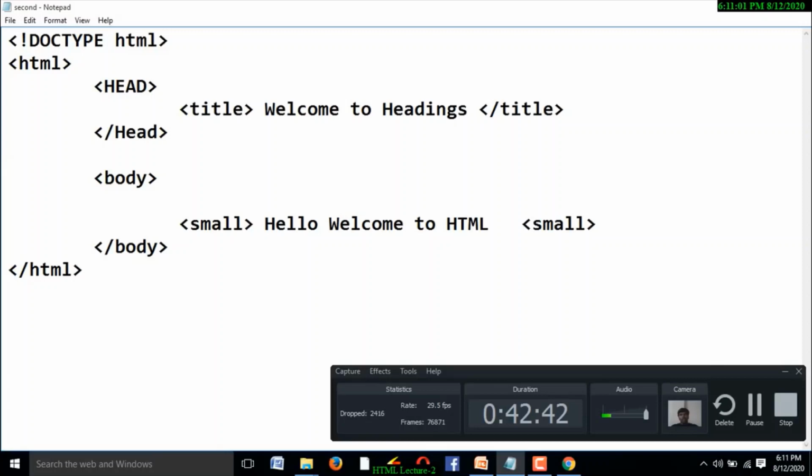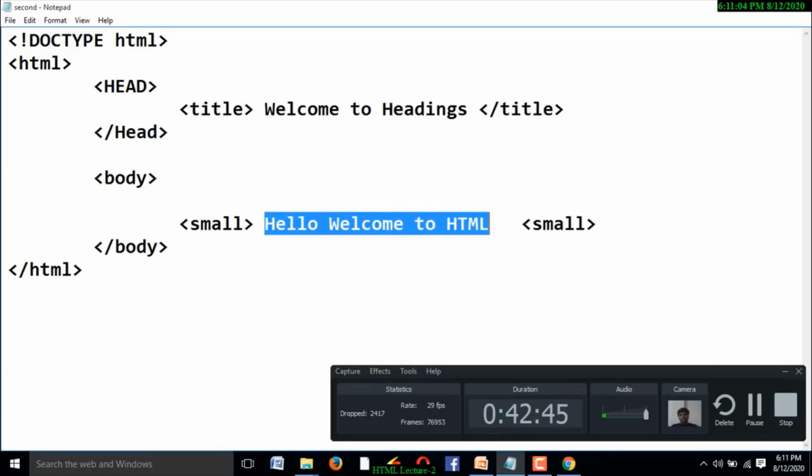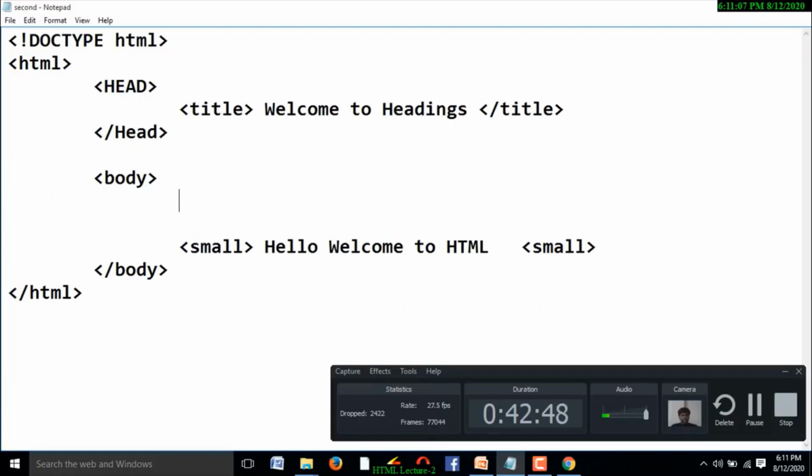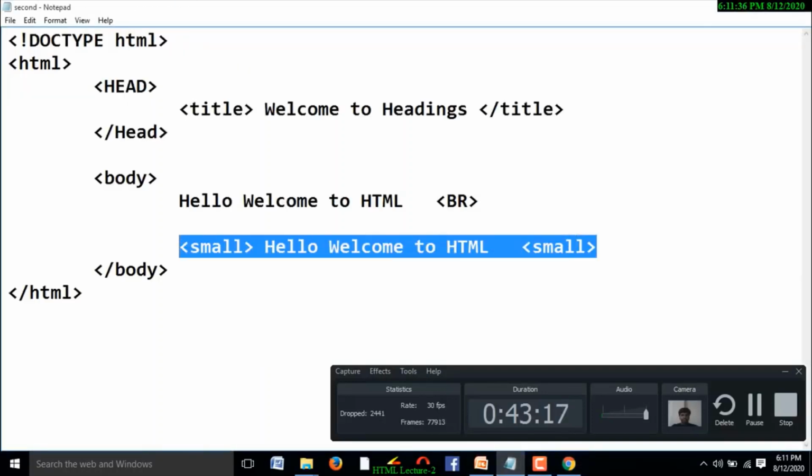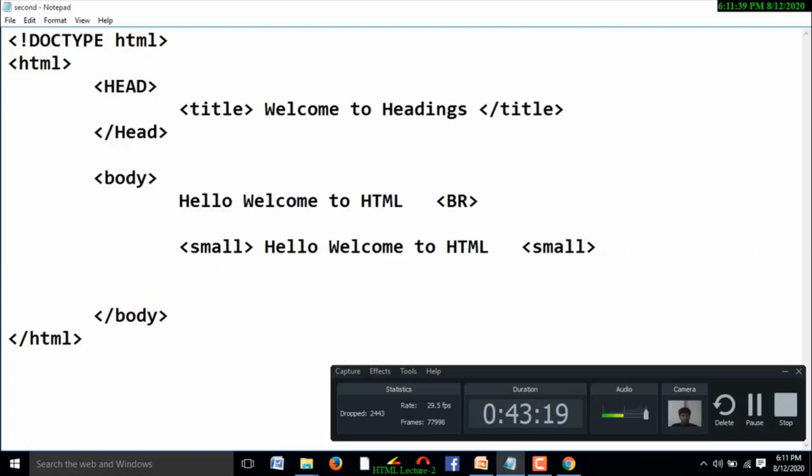And I would like to show the difference between small and normal text. Here I am going to use a break row, and in the earlier examples BR is in lowercase, now BR is in uppercase. Observe, is it working or not really? Yes. The first line shows normal text, the second line shows small text. Suppose I use a big here. Instead of small, I am going to use big here. Big is another tag.